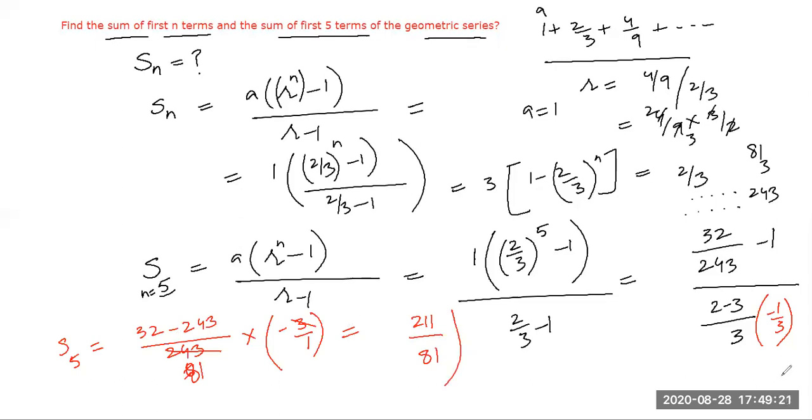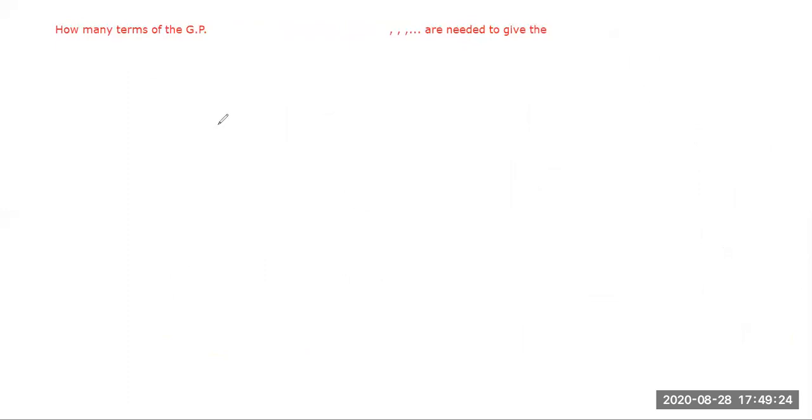Good. Let's do another sum. So this sum is how many terms of GP? The GP is 3, 3 by 2, and 3 by 4, needed to give the sum 3069 divided by 512. Right, Ishma? How many terms of GP are needed to give the sum of this? All right, so it's like we have to find n. Very simple. So how will you find n? Yes, students, we want to find n.